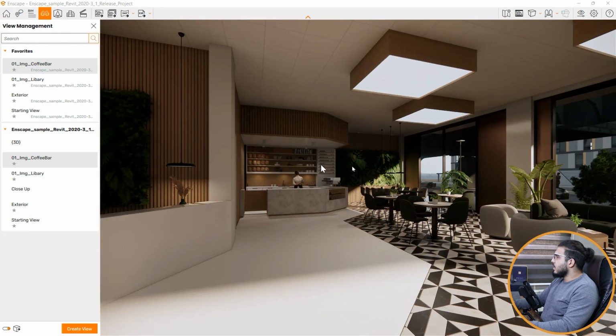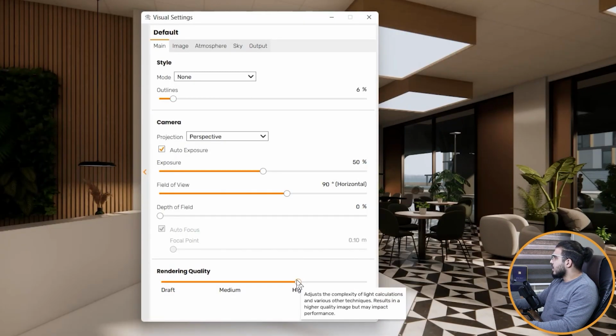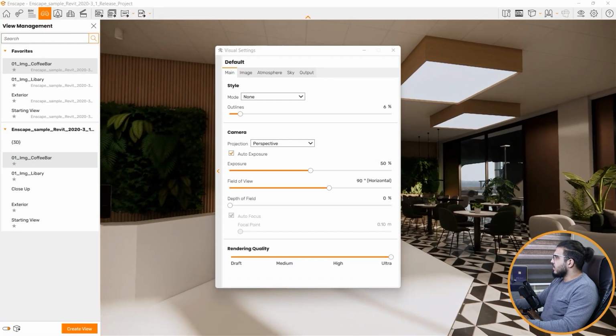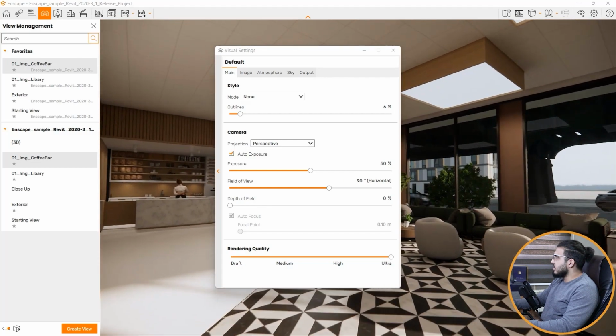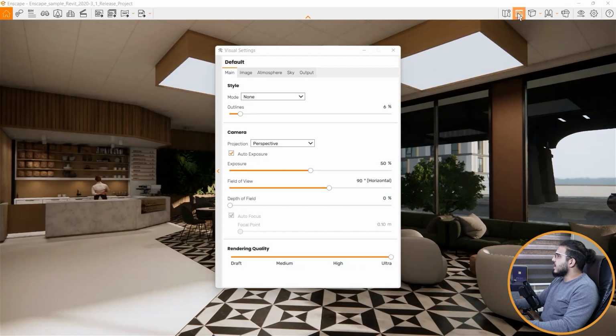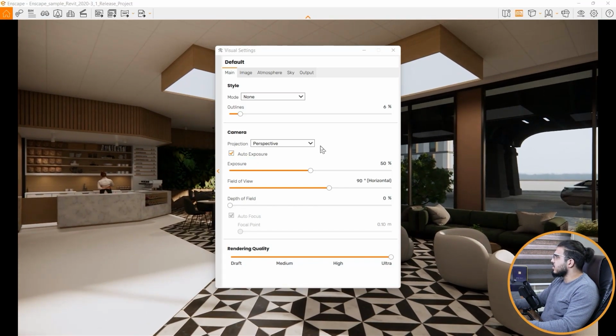Now, for example, let's create a render from this view. How can we do that? We have a screenshot in here, but before that, let's go to the visual settings and put the rendering quality on ultra, or, let's create an exterior render instead of an interior render, or let's adjust it and create a render from here. But before that, make sure to check the save frame here to understand the exact resolution that you are creating instead of your screen resolution.